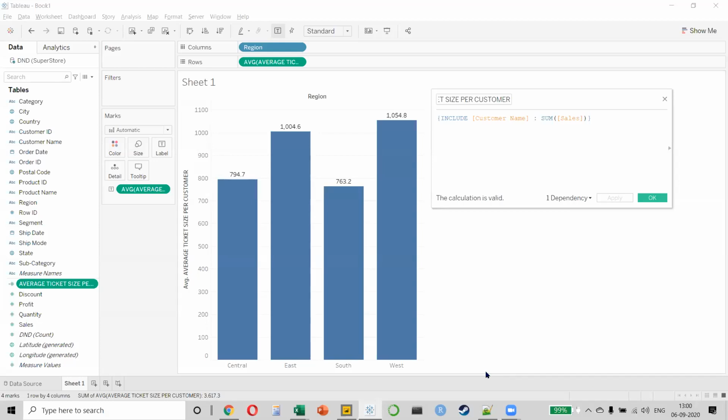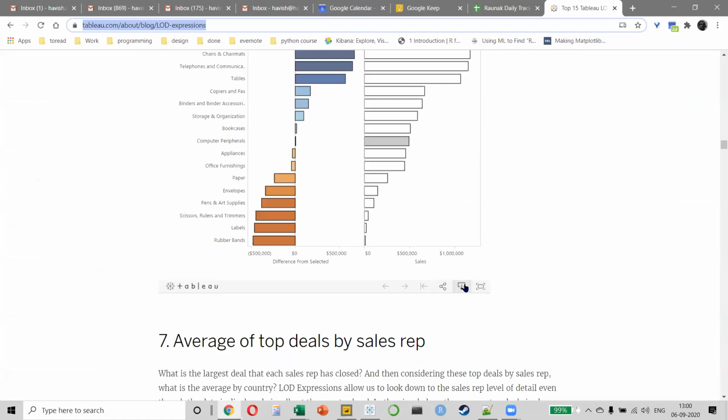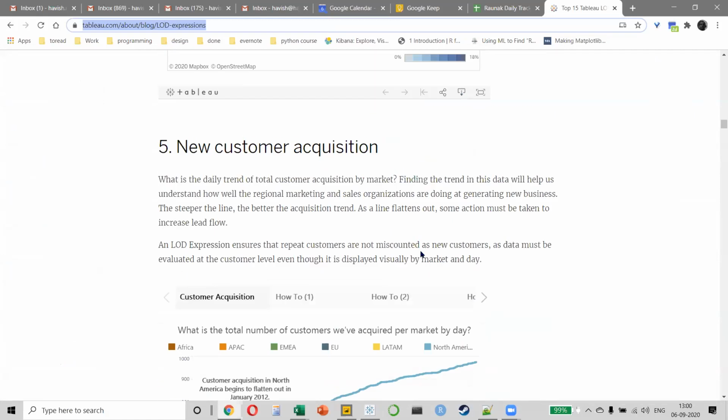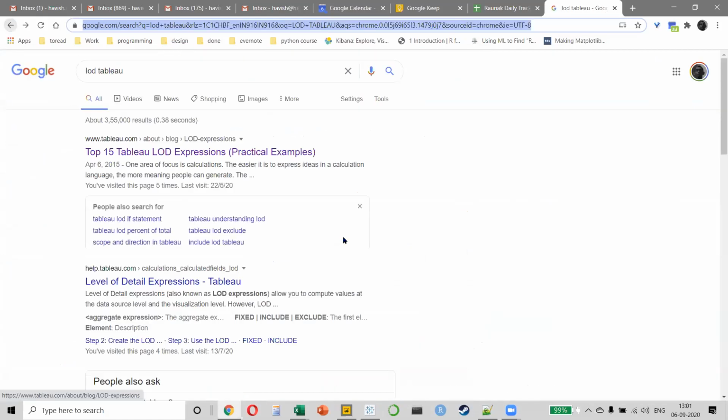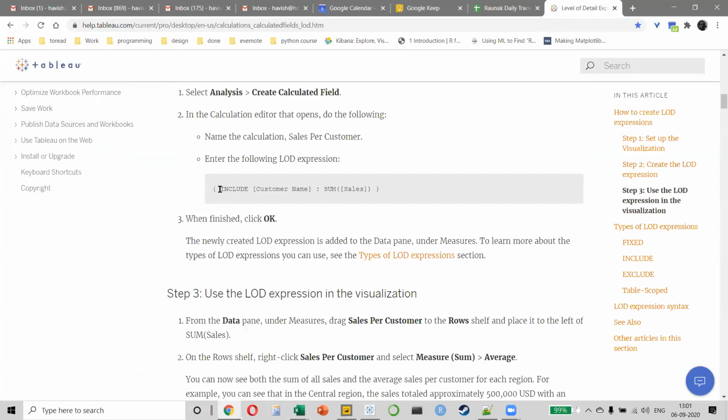In any case, I will be sharing with you the solved Power BI file today, and the Tableau file is already available, right? So you can go to the website and you can download all the files from here. Right? So that is not a problem at all. And if you want to understand basic Tableau, you can just go again to the Tableau website and they explain what is Tableau. In fact, it's the same example that I covered for you. How to find out customer name and sales value, like this.